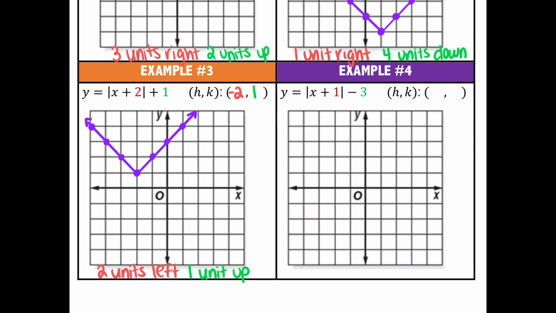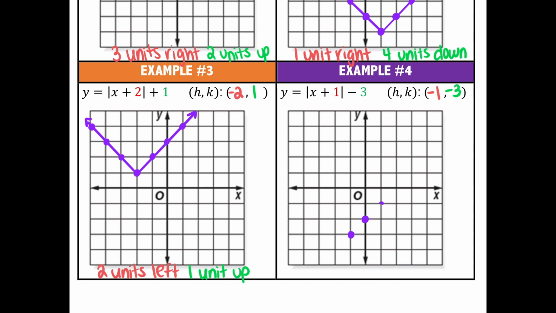For our last example, we have the function y equals the absolute value of x plus 1 inside the bars, -3, which is the constant outside of the absolute value bars. Again, when stating our vertex, whatever we see inside the bars, we have to go ahead and switch that sign. So the x value for my vertex is -1, while the y value for my vertex matches that constant of -3. We can go ahead and plot that on the coordinate plane,